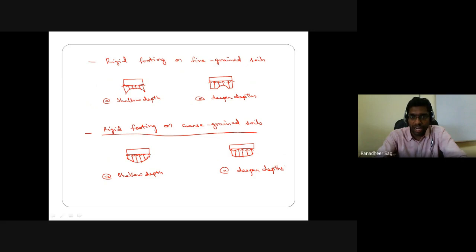So for that allowable pressure that is getting transferred through the foundation onto the soil, what shall be the dimensions of that foundation? That is what we are going to focus on in the next class. Starting with, just to give you an insight again, the different types of shallow foundation that we will come across, and then we'll go into the details of the design aspects of the more commonly used shallow foundations, like your combined footings and your raft foundation.